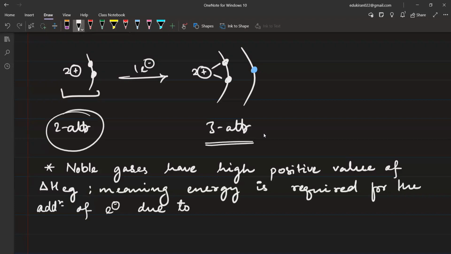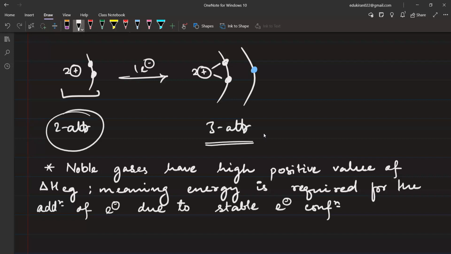Also, one more thing you should remember is noble gases have a stable electronic configuration. They are not reactive, and we are disturbing that stable electronic configuration. So, addition of electron due to stable electronic configuration,